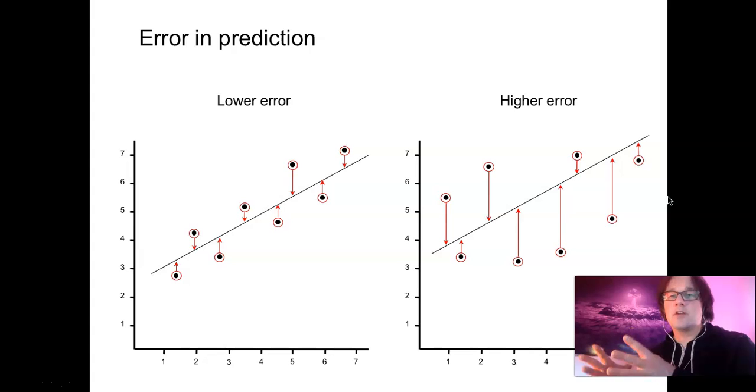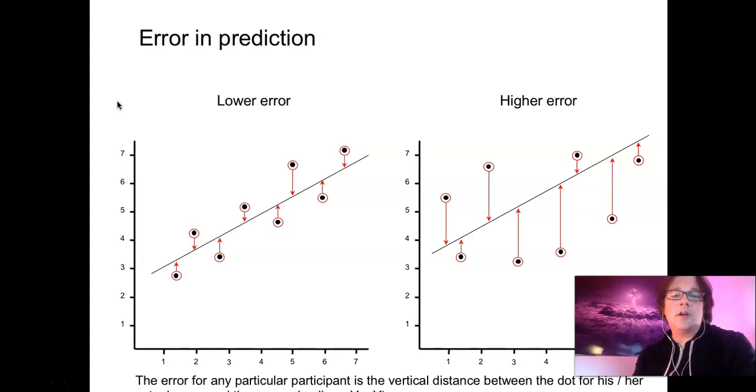A weaker correlation is going to produce more error in your prediction, in your regression, whereas a stronger correlation is going to produce less error in your regression. Okay, so just reading off the bottom here, some of it's getting cut off, but it says the error for